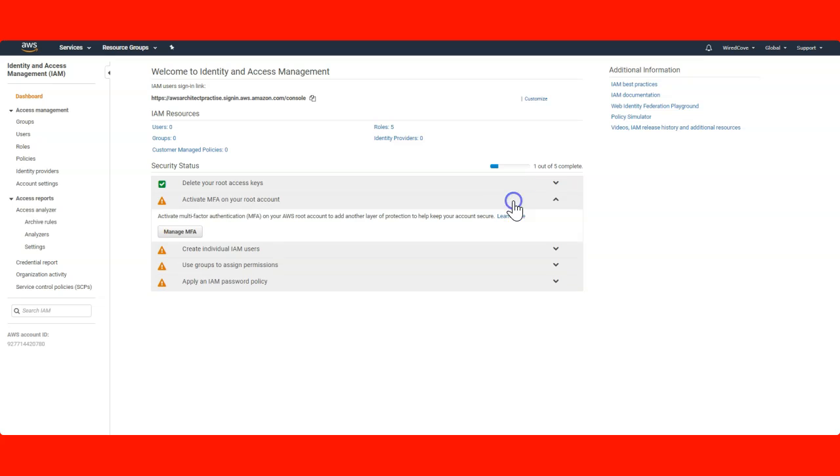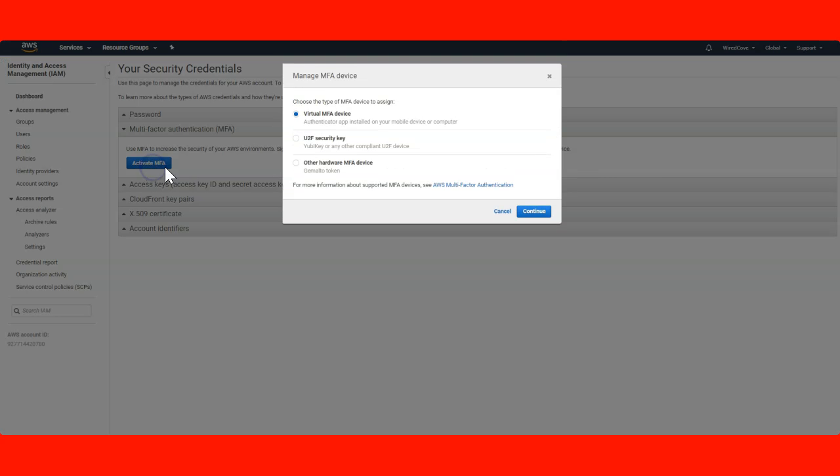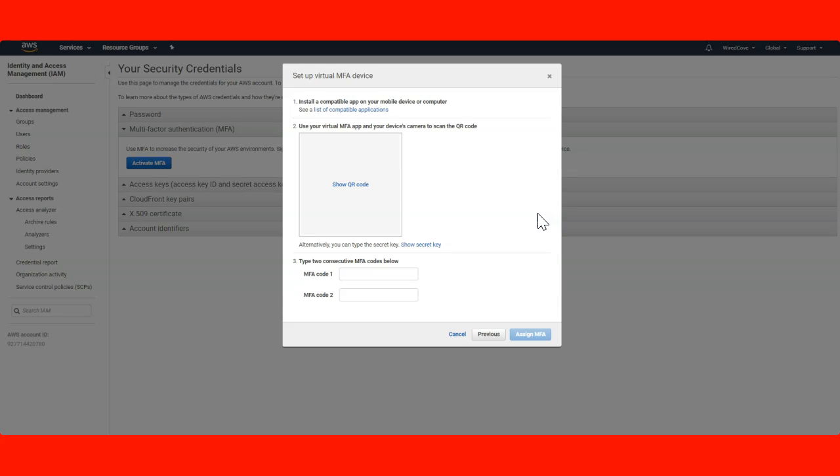Perfect. So let me now manage my MFA. I'm going to multi-factor authentication and activating my MFA. I do have this MFA installed on my device, and you also need to install an authenticator app on your mobile and then follow this process.